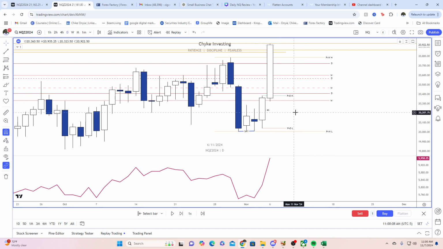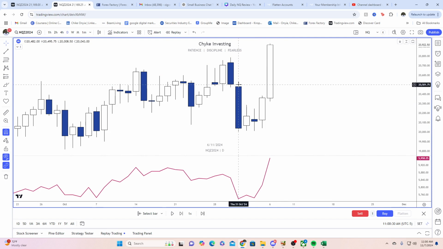So now that we've established our bias, we know that today is likely going to be a bullish day all day. This was yesterday's candle. How could I also recognize, even with some technical concepts, that this was going to be a really bullish candle? Yes, Trump winning the election was highly likely to happen. Two, look at this day, this candle's high and low. Let's take off everything right here. This candle's high and this candle's low.